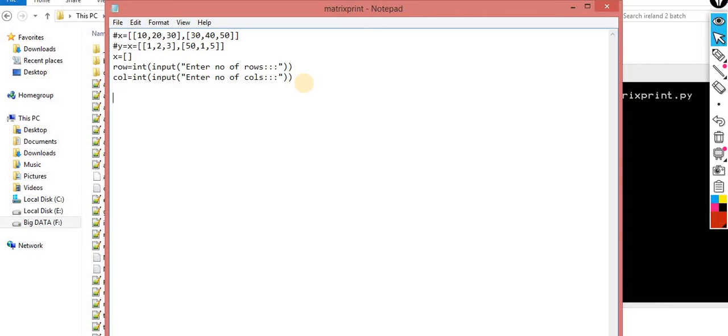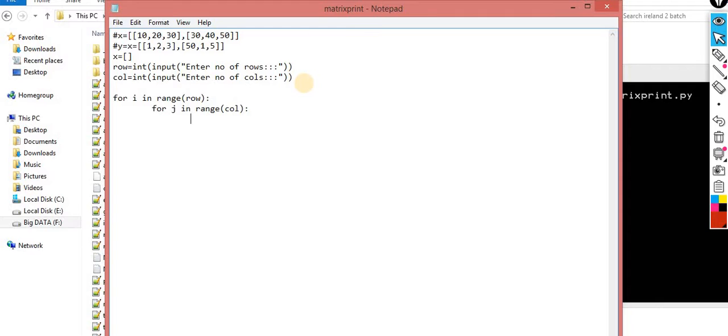Okay, so how many rows that I want to enter? For i in range of row, I suppose it will work fine. For j in range of the columns that you want to execute. Okay, so columns you want to enter, that is the columns. Okay, now what you want to enter?